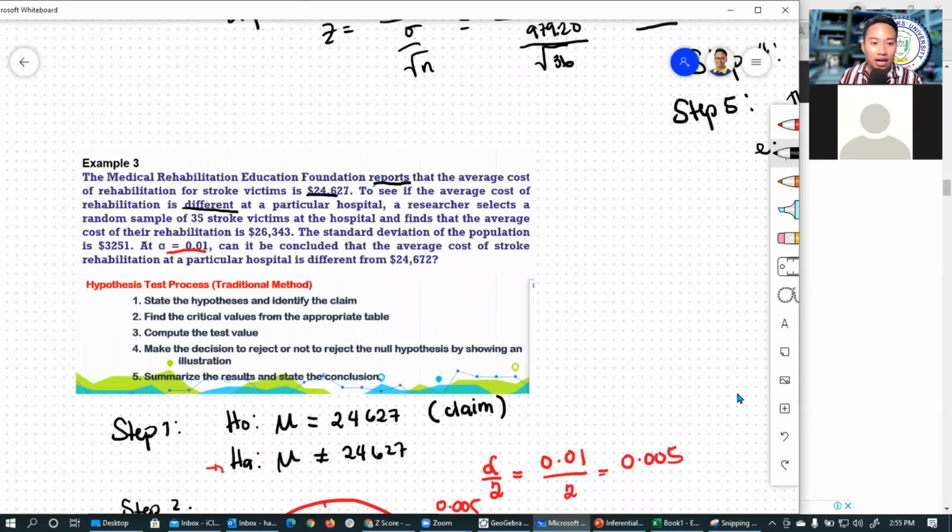This is my report now. If I were the rehabilitation center, this is the report I made: the average cost to rehabilitate a stroke victim is $24,627. So that's why the null hypothesis is the claim. Look at the first line of the statement. The medical rehabilitation education reports that the average cost